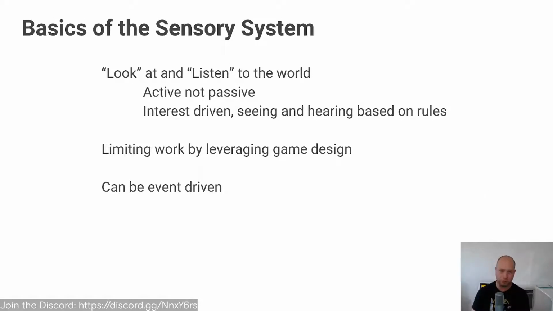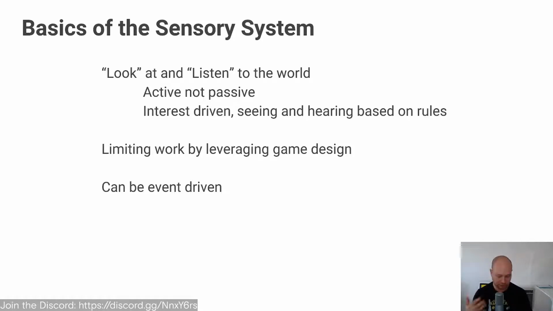So there's the basics. I'm looking at the world, I'm listening to the world. This is an active behavior. It's not passive. I need to be sampling the world in these "look" and "listen" modes. And I use quotes because look and listen in this context may be nothing like your human version of looking. I'm not looking at an image of the world even. I'm likely just figuring out how far I am from certain key points in the world or from the user. Even listening is largely just drawing lines from audio sources as reported to me by the game engine.